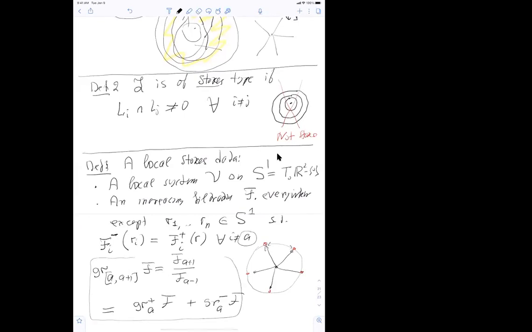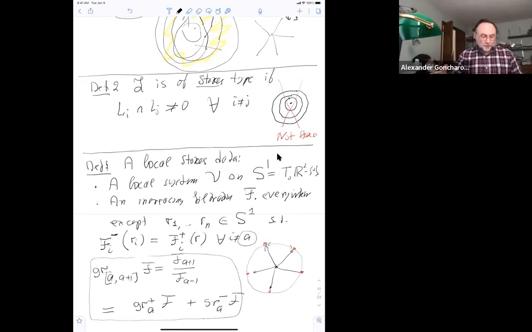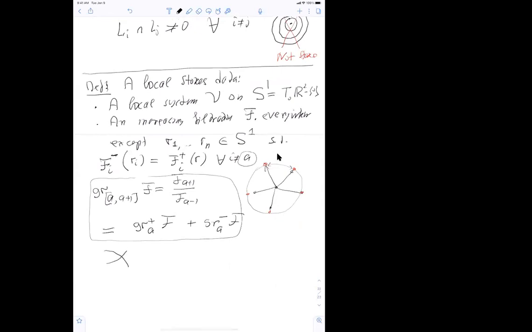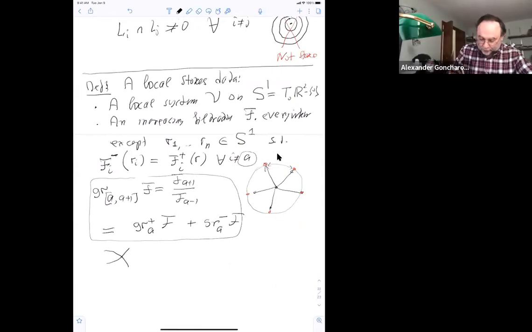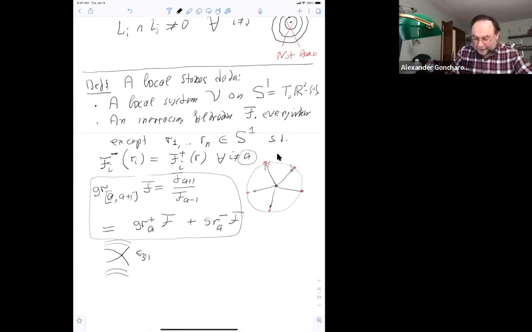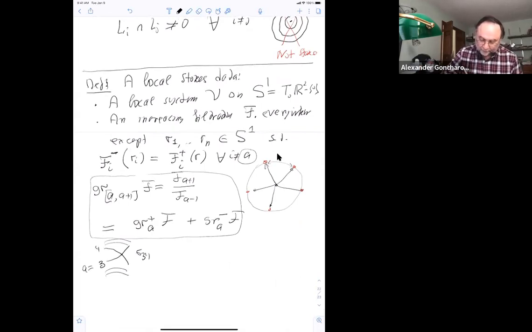And the a is just some a. Yes, so for some a, there is an a. This a tells you what happens at this crossing. So you usually have some collection of lines which go around, and these are the lines number 3 and 4, so this is like the transposition sigma 3,4 in the previous discussion. But it tells you about the a. So here a is 3 because they are distinguished as 3 and 4. So it's a and a plus 1. So a equals 3 and a plus 1 is 4. Okay. So that's the condition.